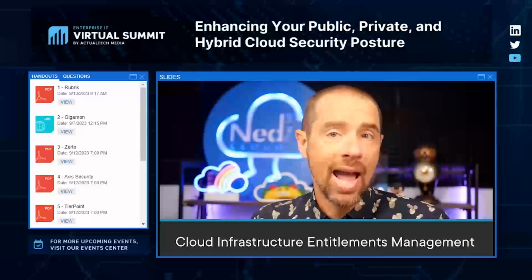Assuming you're mixing in some IaaS and PaaS with your SaaS, you might want to look into a Cloud Infrastructure Entitlements Management solution, or CIEM, not to be confused with this SIEM, which is a SIM. This is a solution that is focused on the permissions and access controls of your cloud services. It's going to be looking at things like IAM policies, account permissions, and other configuration settings that have to do with identity, both human and machine. You can think of it as a CASB for people managing your cloud services and the machine accounts that are accessing them.